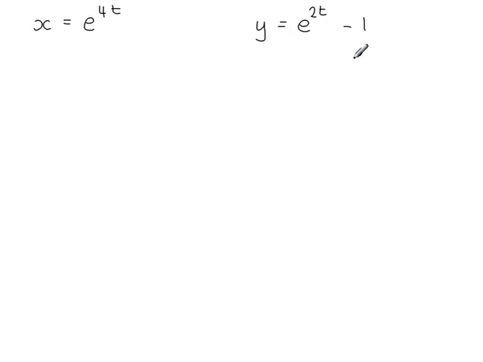In this example we have two parametric equations using the exponential form, and before we start, this here is not e to the power of 2t minus 1. That minus 1 is separate from the e to the power of 2t term. So differentiating x with respect to t, so dx by dt is equal to 4 e to the power of 4t, and doing the same with y, so dy by dt is equal to 2 e to the power of 2t,